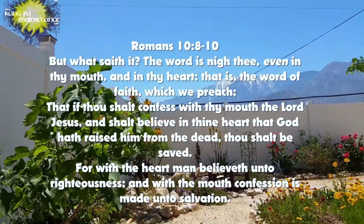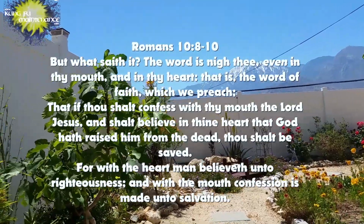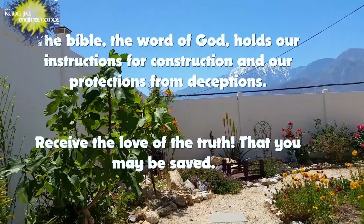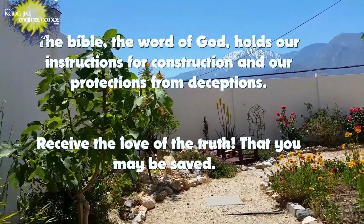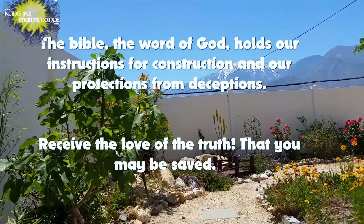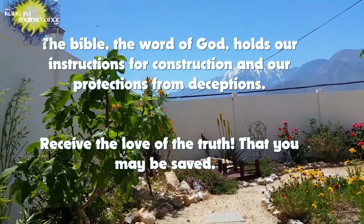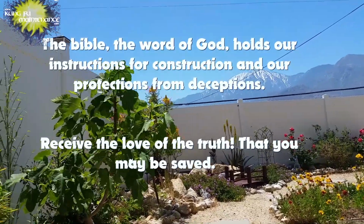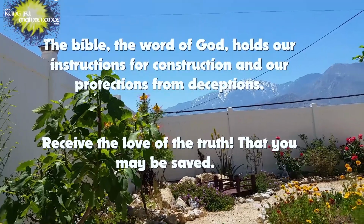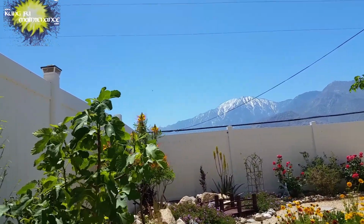And once saved, then the things that you do, you can do good things, you can do things that are eternal, that are going to last, because then your life is built on a foundation. And so all the things that you go through aren't for nothing. You can be about the things that are eternal. Your life can have purpose in God. And that's what God wants for you, is to have a full life, to have an eternal life,